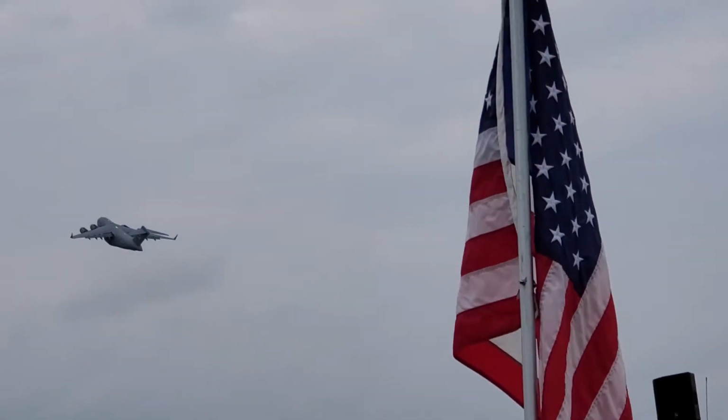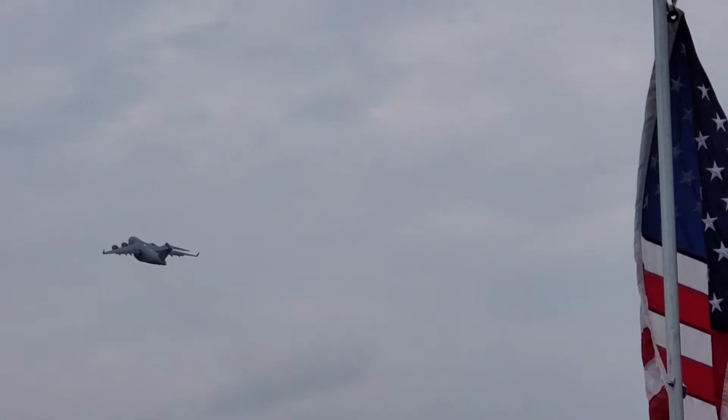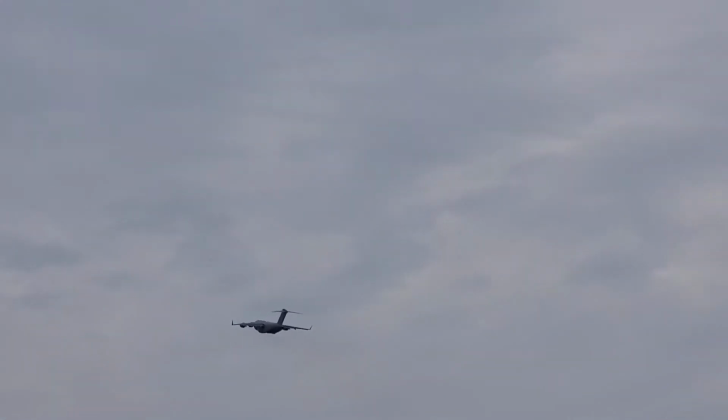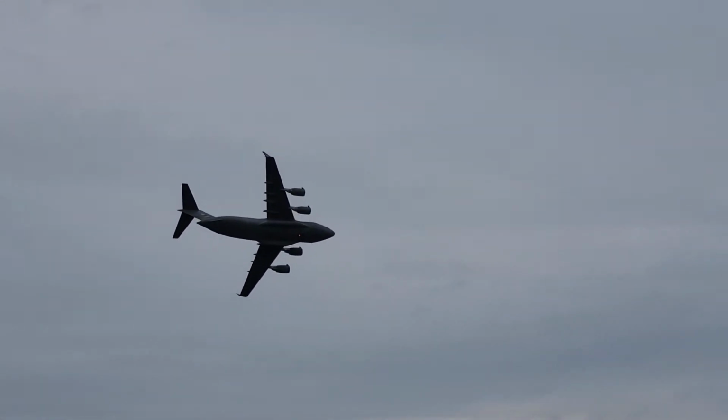Ladies and gentlemen, the crew for today's demonstration is Major Nick Paglio, Lieutenant Colonel J.D. Ferris, Major Courtney Mitch, and the loadmaster for today's demo, Staff Sergeant Brennan Casey. The crew is based out of Joint Base Lewis-McChord in Washington State. This highly experienced crew has a combined total of over 20,000